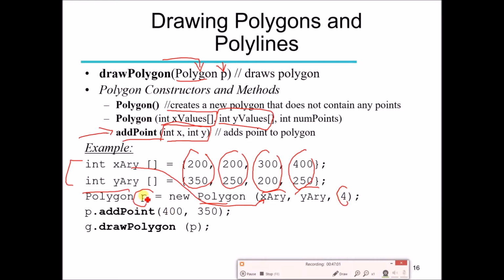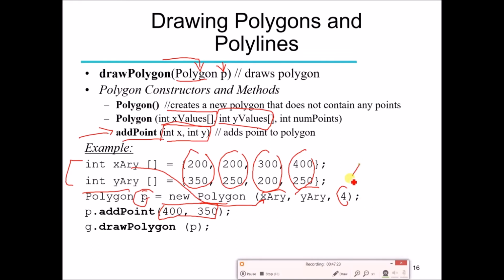So what we have done is created the Polygon object. Now we want to add one more point to this polygon, so we are going to call the method addPoint with this object: p.addPoint. From the class Polygon we are calling the method addPoint, and one more point has been added to this polygon. So now this polygon consists of 5 points.